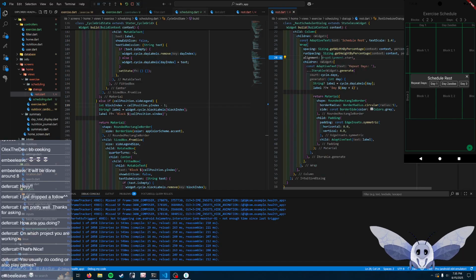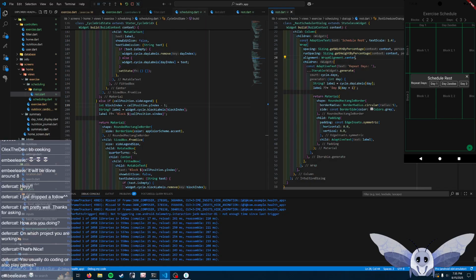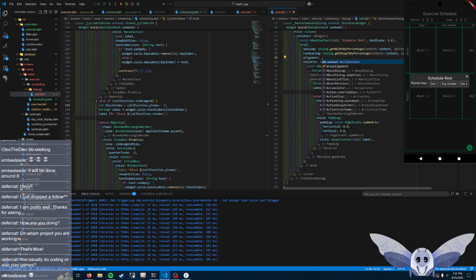And for alignment, let's do... Sorry, I guess it's run alignment. We'll do center. End. Center. And